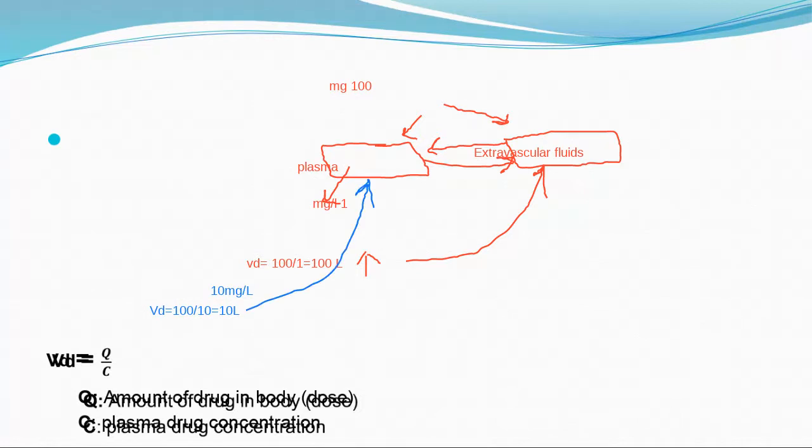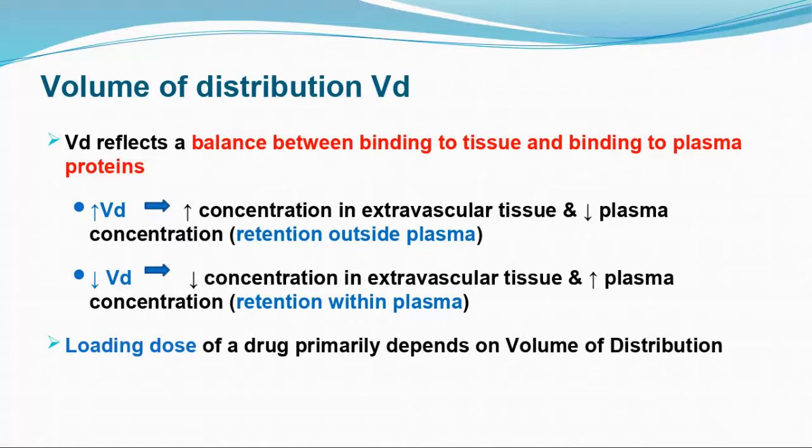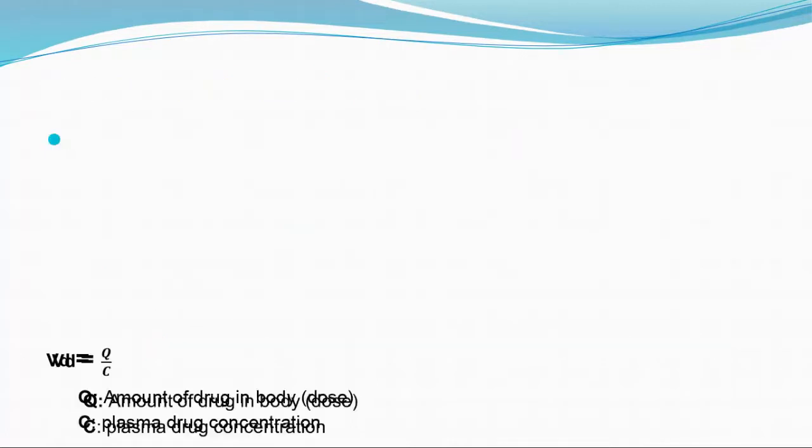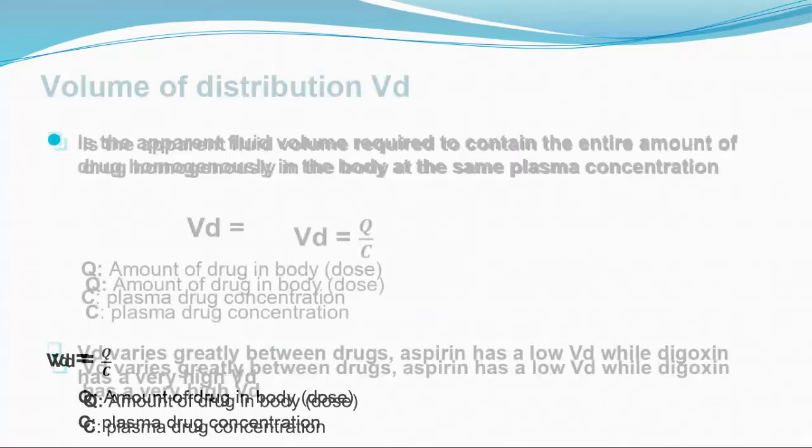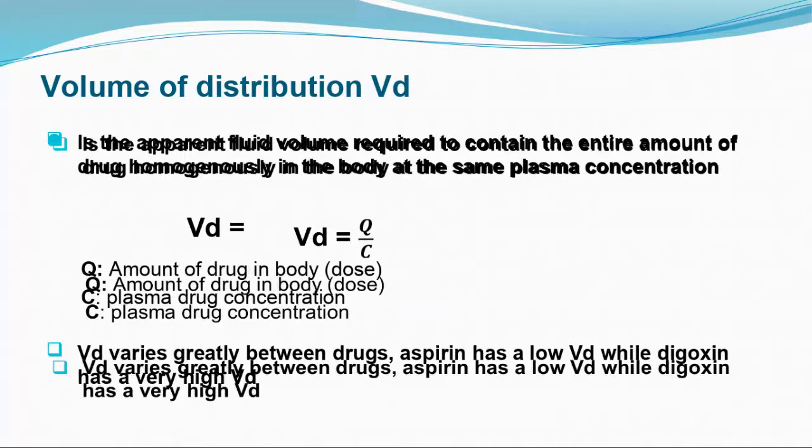تمام. يبقى تاني volume of distribution is a hypothetical apparent volume. تمام. بيمثل ايه؟ apparent volume required to contain an entire amount of the drug homogeneously في البادي at the same plasma concentration. احنا بنفترض ان الدراج اتوزع في الجسم كله the same homogeneously بنفس الكونسنتريشن اللي هو موجود فيها في البلازما. تمام. وبالتالي اقدر اعرف الدراج موجود اكتر في البلازما